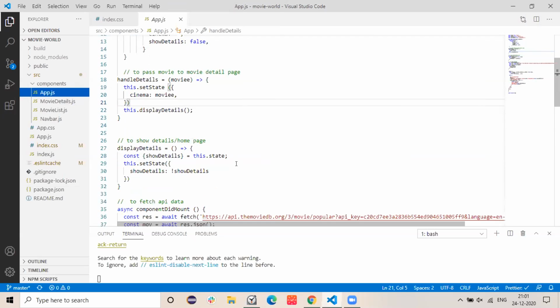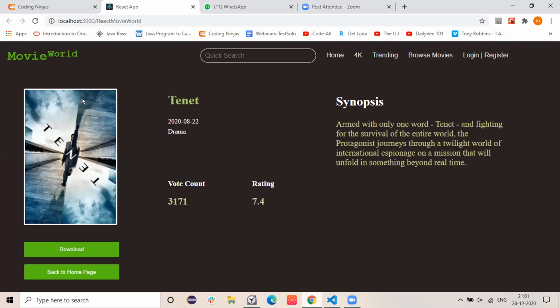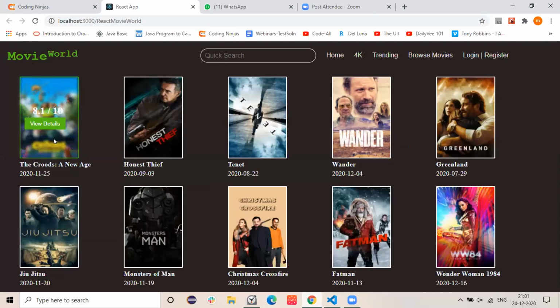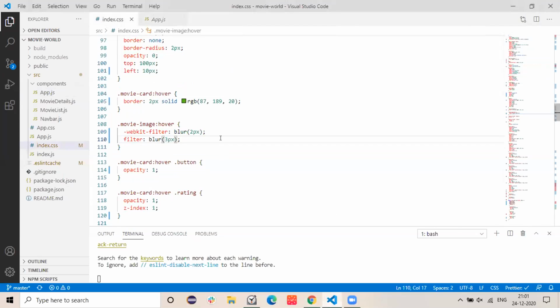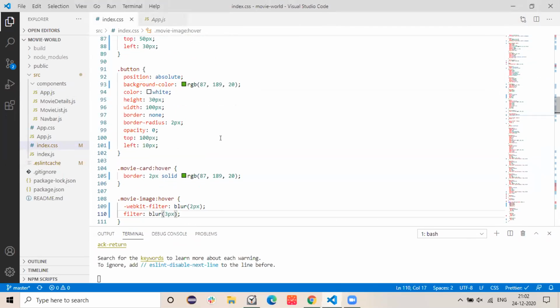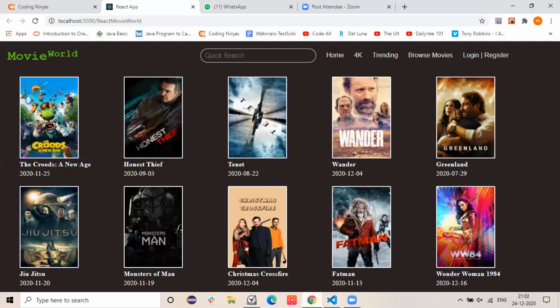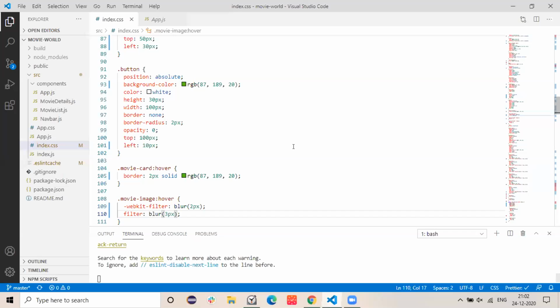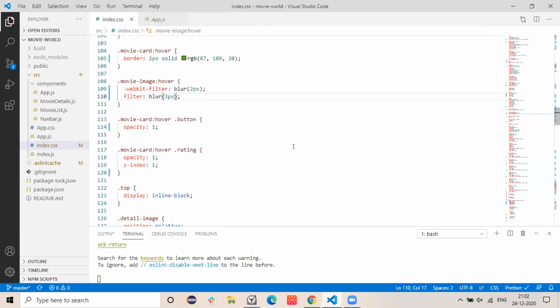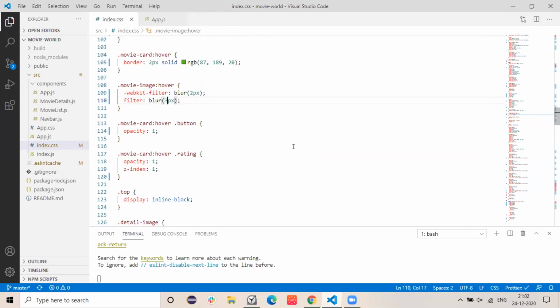How have you implemented that hover thing? When the user hovers over it, the border gets highlighted and it shows some details also, like IMDb and all.